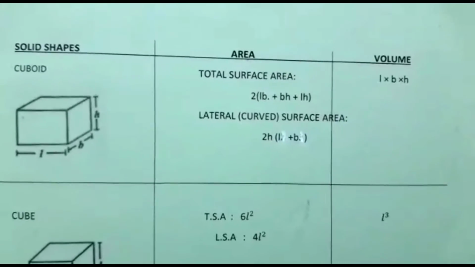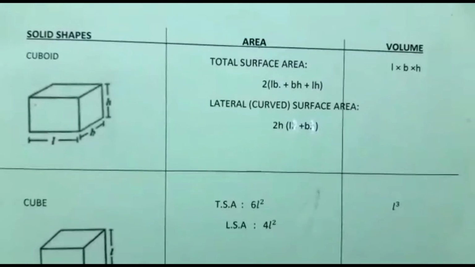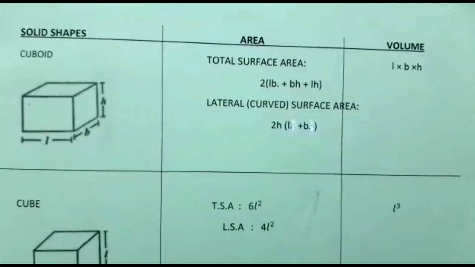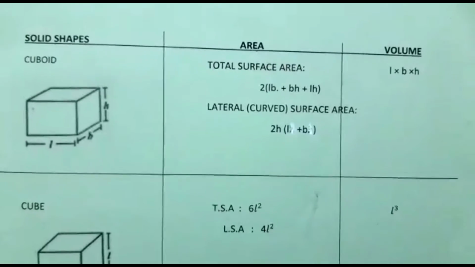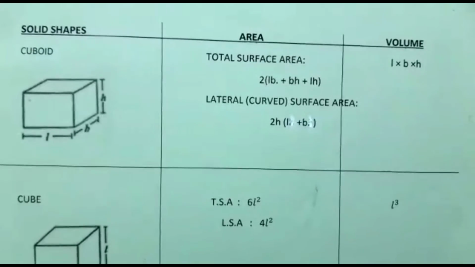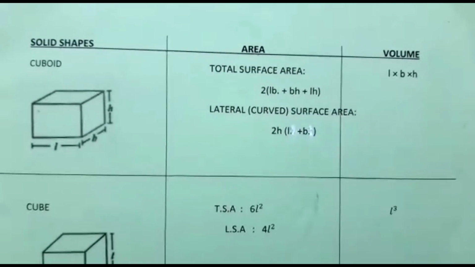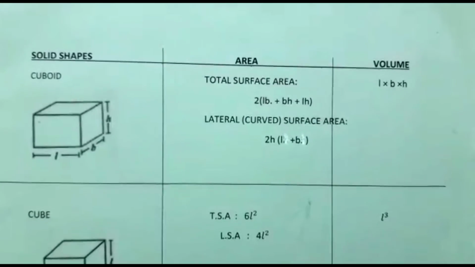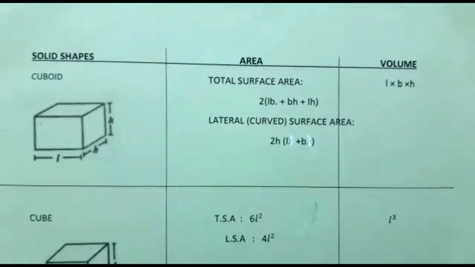And the volume we can also find for the cuboid. The space occupied is the volume. It is the area of the base multiplied by the height. Area of the base means the rectangle, that is L into B, multiplied by the perpendicular height. That's the concept of volume of the cuboid, and the same concept applies to cube or cylinder. Volume of the cuboid is equal to L multiplied by B, the area of the rectangle, multiplied by the perpendicular height, that means L into B into H.